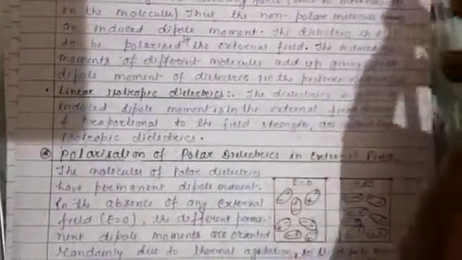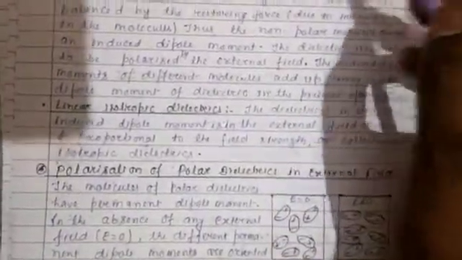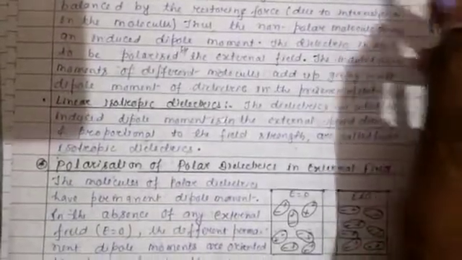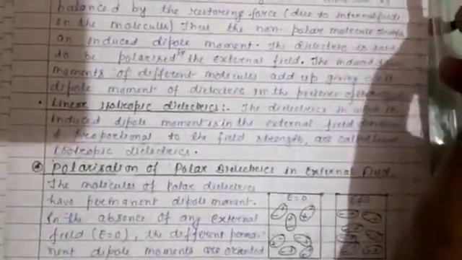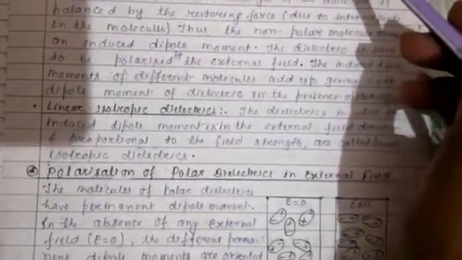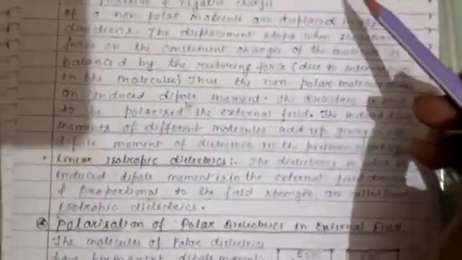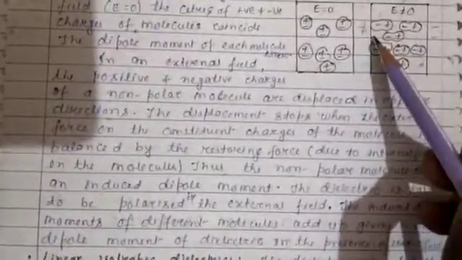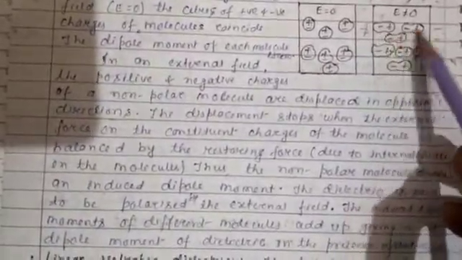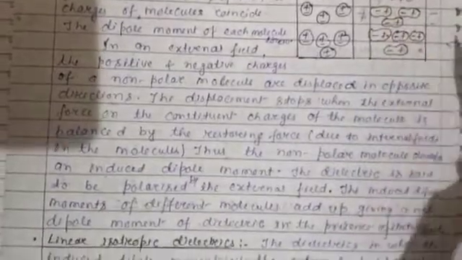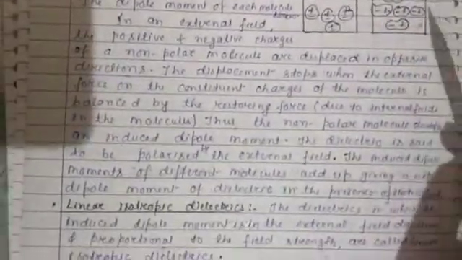Simply we can say all the molecules have their own dipole moment, and they are added because they all have the same direction, and as we know, vector quantities are added together. See here, negative and positive, negative and positive. So all the negative are on the left side and all the positive are on the right side. They are added together. Now we will discuss what happens when the polarization of the dielectric is directly proportional to the electric field.